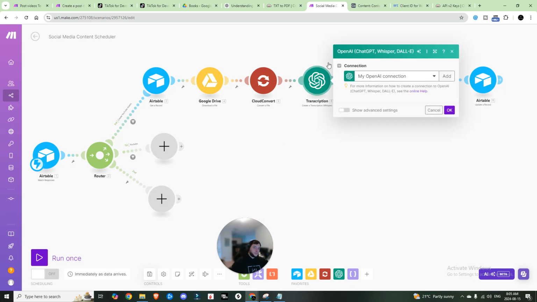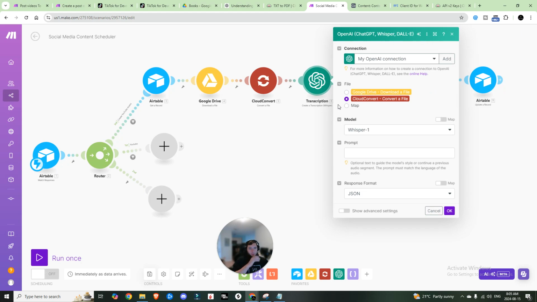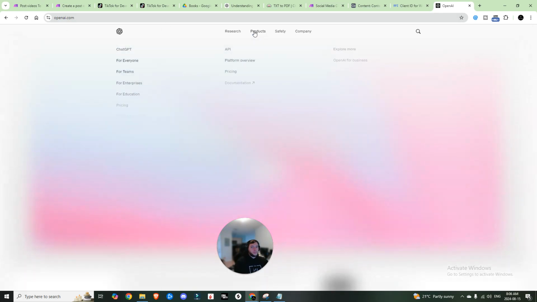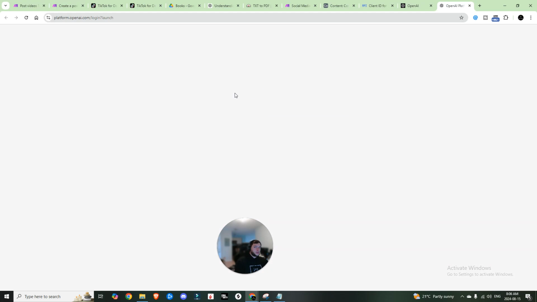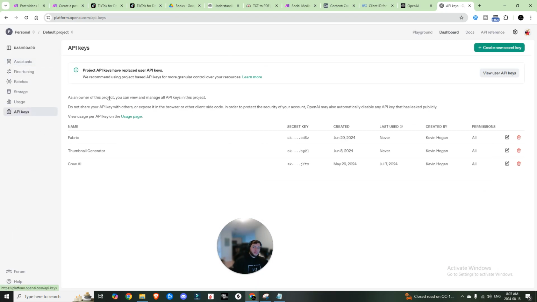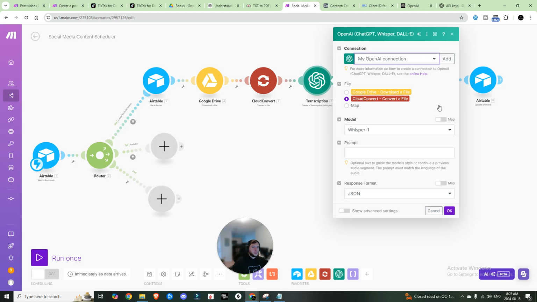So next thing, we need to transcribe it. So once again, you're going to want to connect to AI. So you'd create your connection. For that, you'll come to openai.com, products, API, login. Once logged in, you'd hit API. Then if you hit dashboard, you can come into API keys, create a new secret key. Once again, get that API key, come back into here,